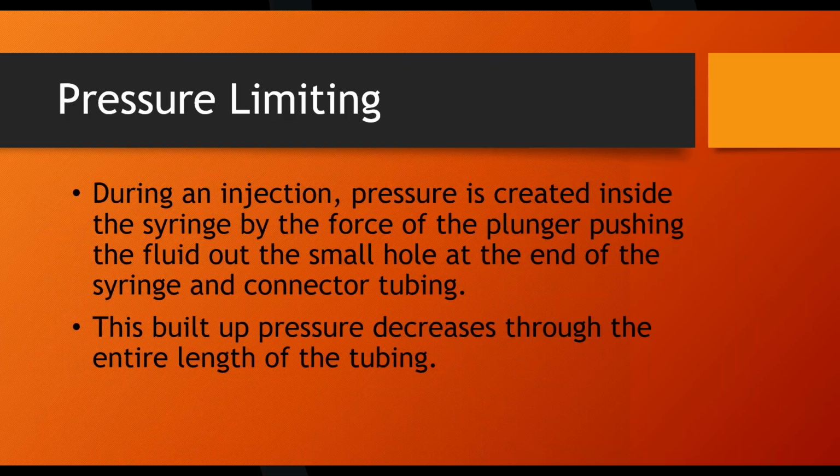And another thing when it comes to pressure limit, we have 3 parameters: flow rate, volume, and pressure limit. If I have a flow rate of 5, a volume of 20, and a pressure limit of 300, when we do the injection, I want a flow rate of 5 milliliters per second. Not 4, not 6. I want 5 milliliters per second. I want to inject 20 milliliters, not 15, not 25, 20. But the 300 psi, that's just the maximum. If we register no pressure during this injection for whatever reason, but we get our flow rate and our volume,